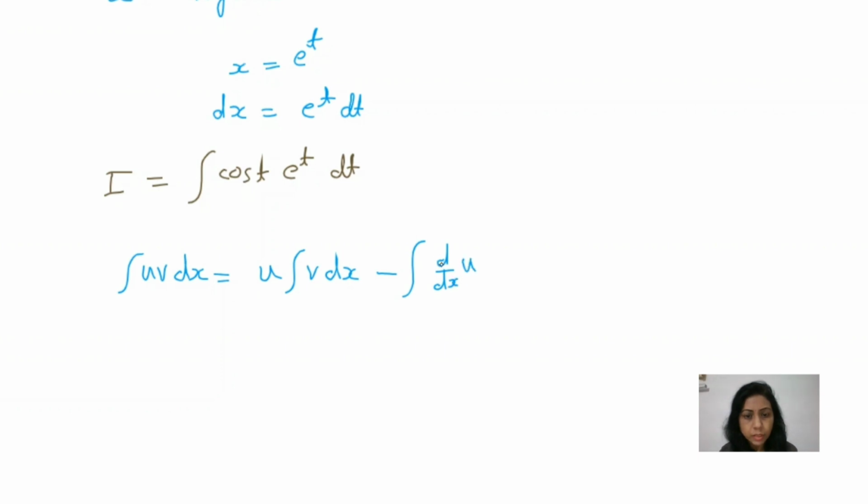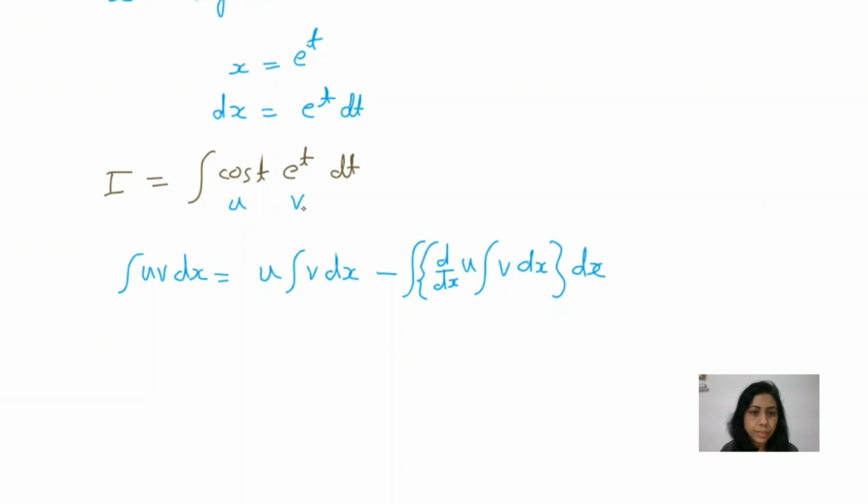So first differentiate u and integrate v, and then integrate this whole thing. So here let cos t be the first function u,